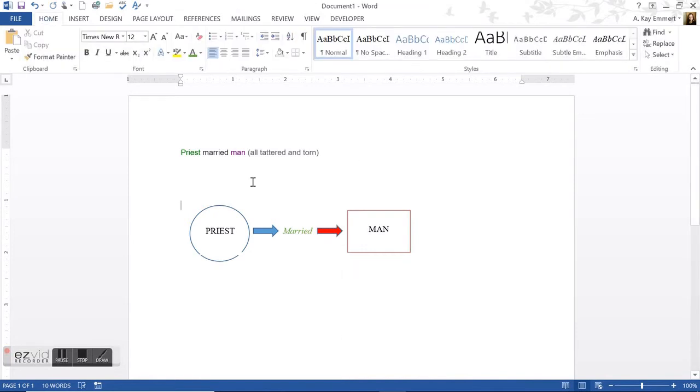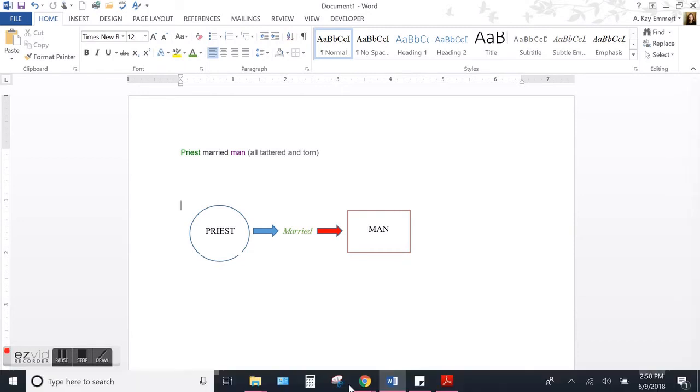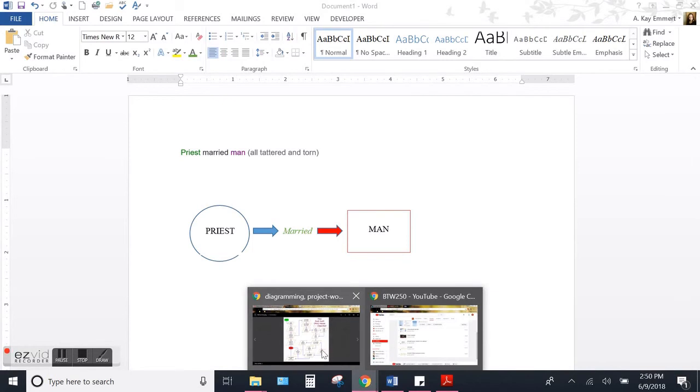Okay, so this is the simplest version of my workflow diagram. Priest did this action for the man. Okay, however, this is a workflow diagram, but it's pretty simple. So I'm going to go back to